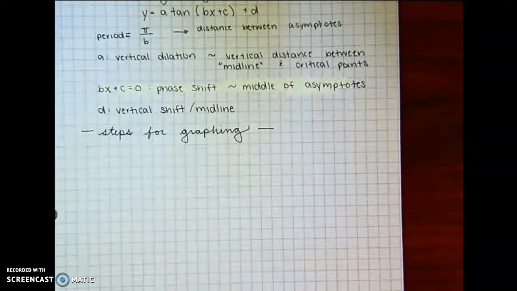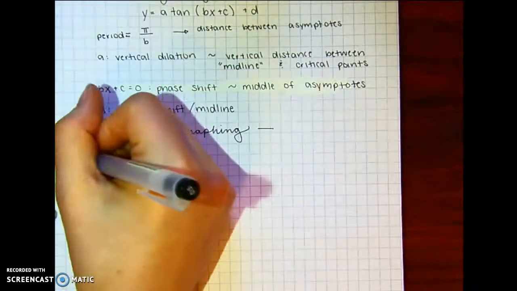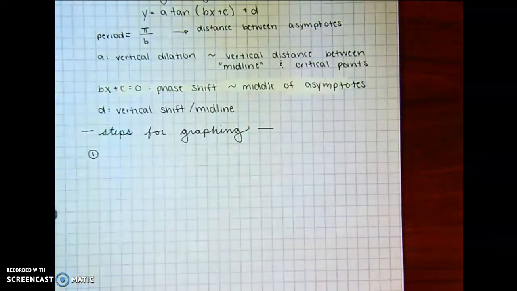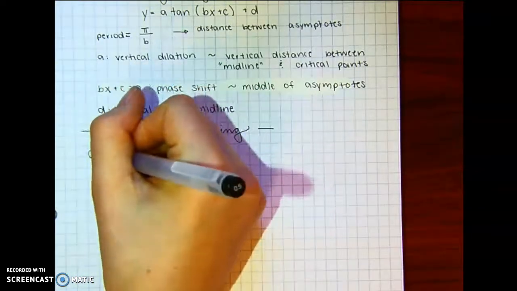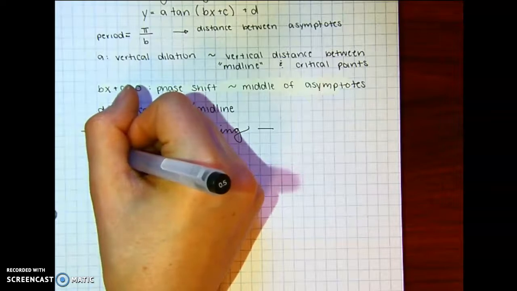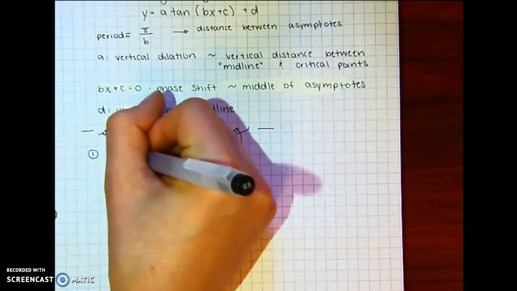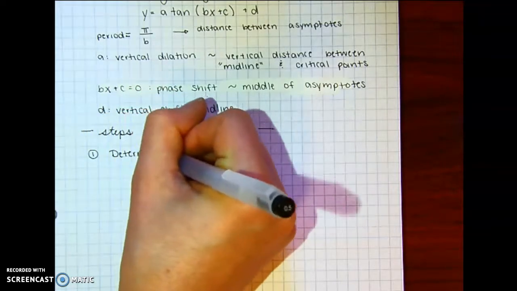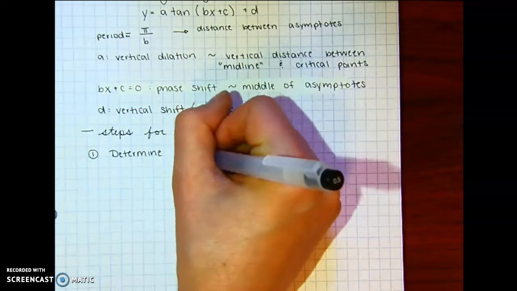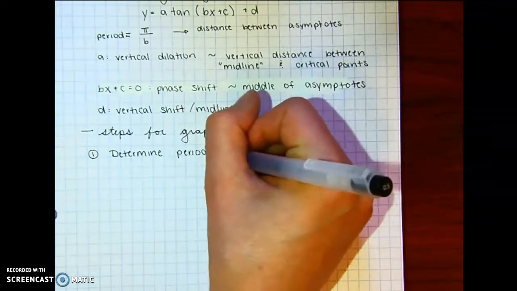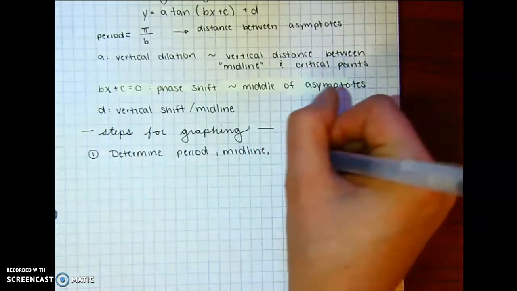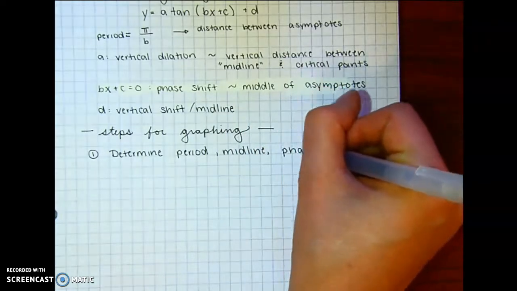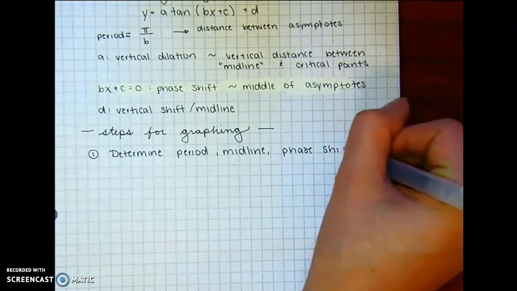Okay, so to graph, what you're going to do. Okay, so when you're graphing, the first thing you want to do is determine all your stuff, like your period, your midline, if you want phase shift,